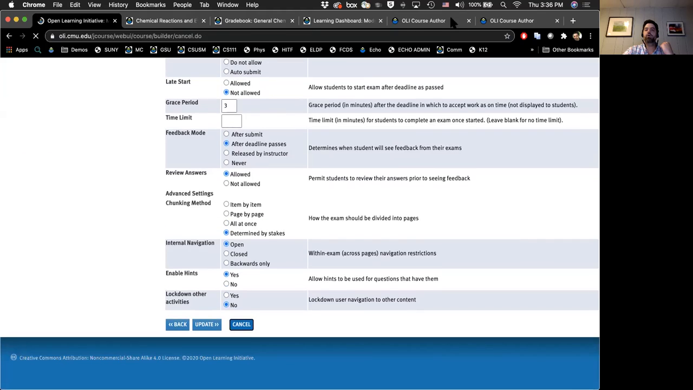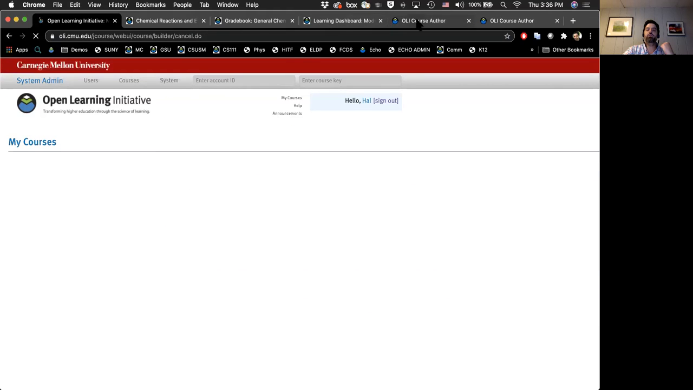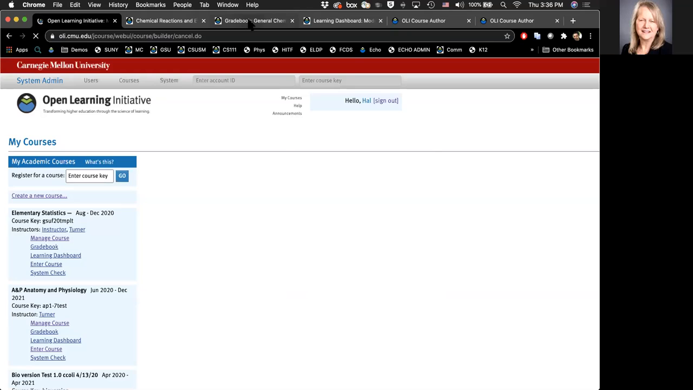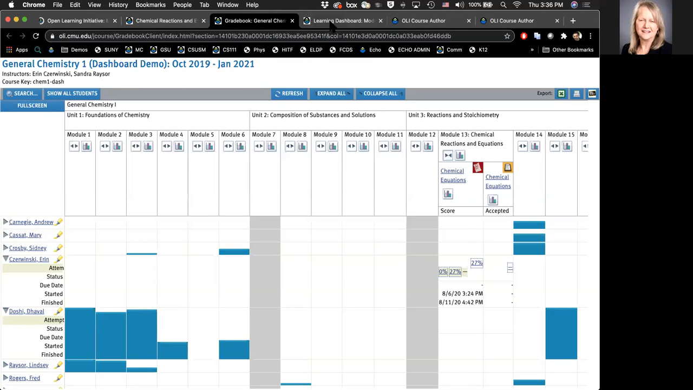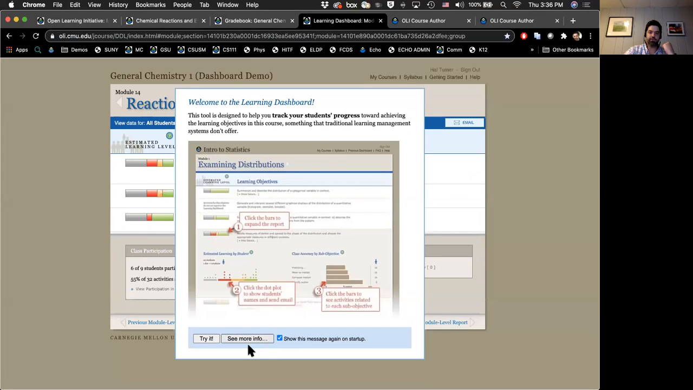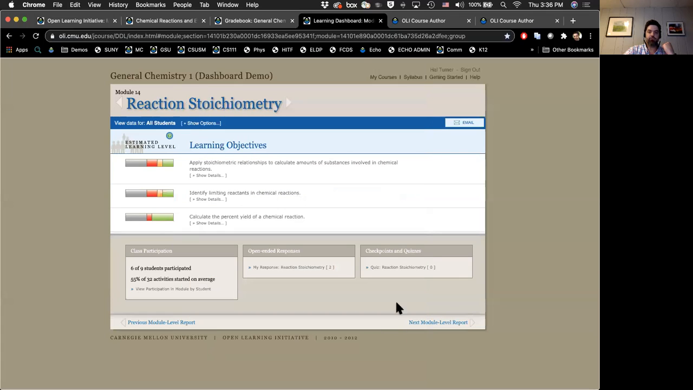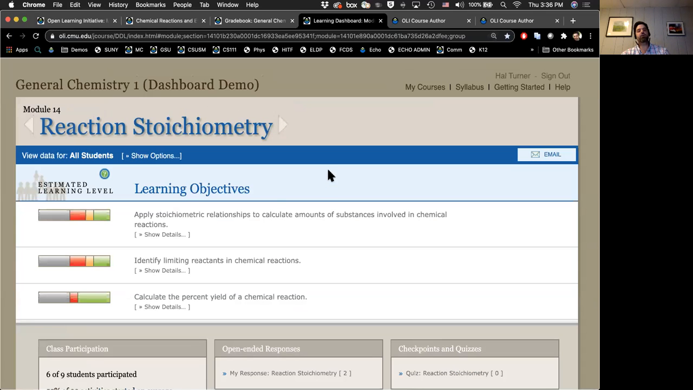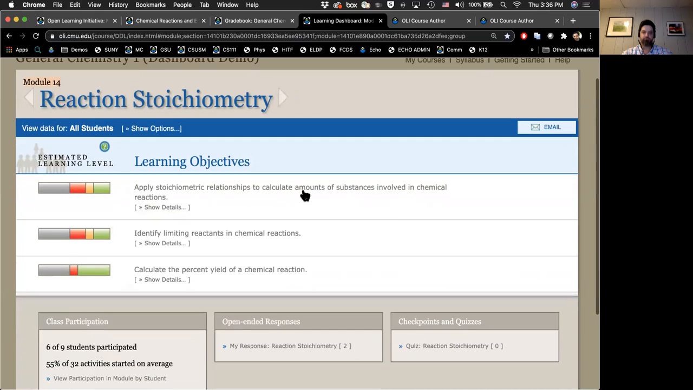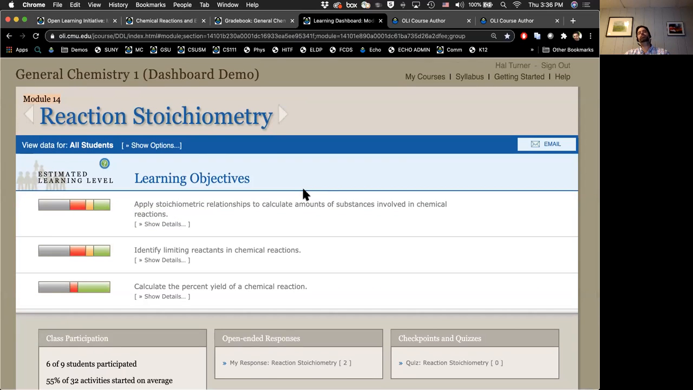All right. So now we've seen the gradebook and we've seen the course itself. So let's go to the learning dashboard. The learning dashboard is where you will see a listing of all of the learning objectives in your module. It's always by module. When you jump into the learning dashboard from the generic link, you will be dropped into